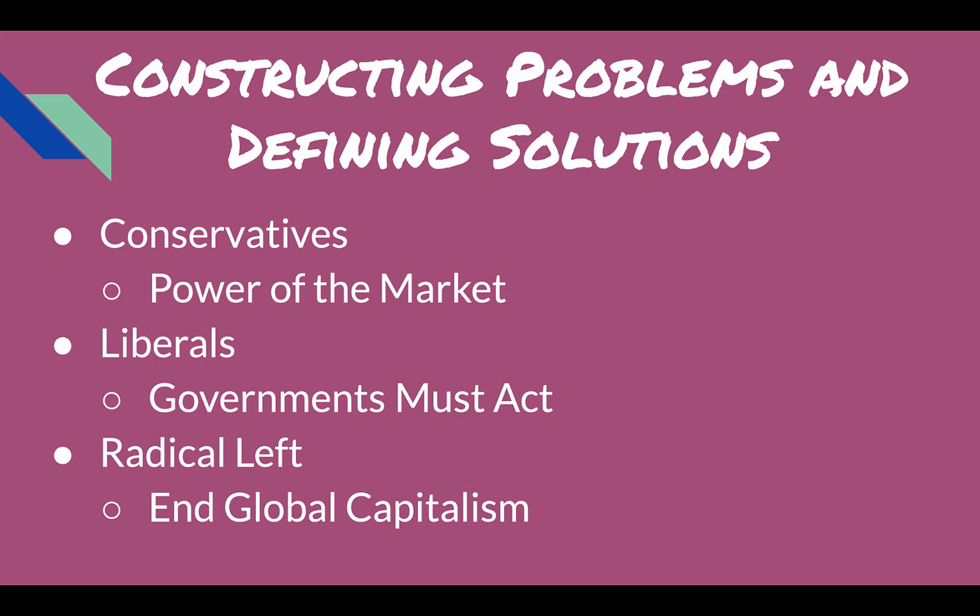So they also argue that rich nations have a moral obligation to help poor nations and eliminate the exploitation, because that's where they got their money from. That's where they got their power and wealth and resources from, was from these poor nations. So it's time for them to pay up, right? And to help support the development in those places. And that families should have the opportunity to own land and to be able to make their own way in this global economy. While the radical left think that the best solution is to end global capitalism completely.